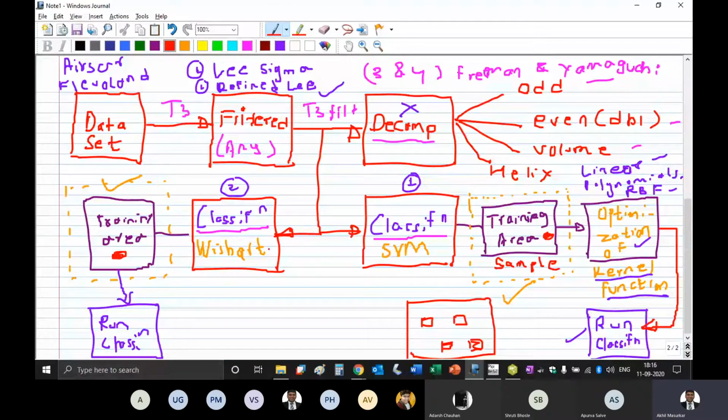So when you again start with Wishart, it is very difficult to exactly put a square again at the same point for the second time. So that is why we will do a trick and get this particular training area here, and then we will run the classification, that is Wishart classification. I hope this is clear, and if you want you can take a screenshot of this, and then we will straight away start with our practical.